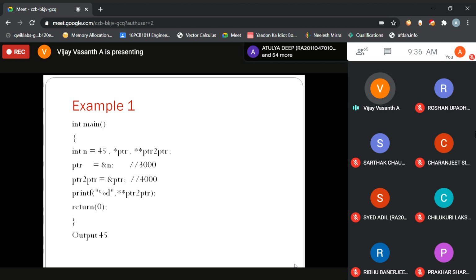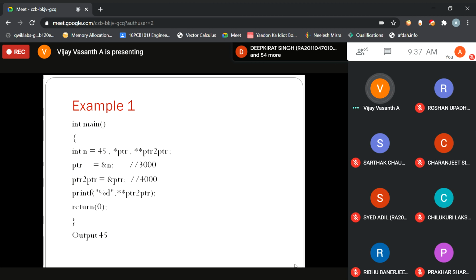So whenever the pointer is pointing to n, the pointer will be referencing the memory location 3000. Then what happens? The n value 45 will be extracted with the pointer to pointer. See what happens here: with a single pointer, the 45 will be attached with the single pointer, that is PTR.